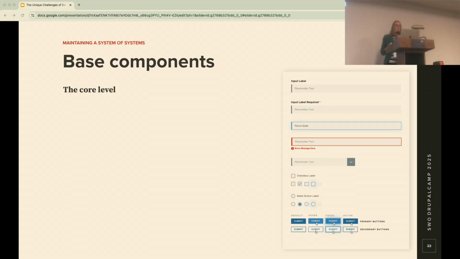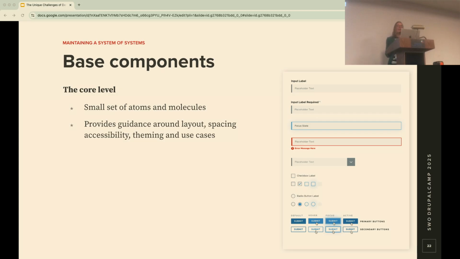So next, we have our base components. I call these the core level. They are the set of small atoms and molecules that inherit styles from brand. Carbon has under 45, compared to the 60 plus that we had. So they also provide the high-level guidance for layout, spacing, accessibility, theming, and use cases. The governance process isn't as strict, but there should be an open, established process for others to contribute to as